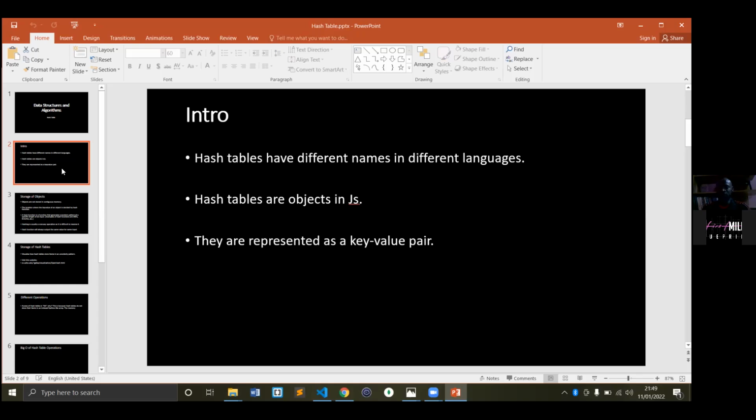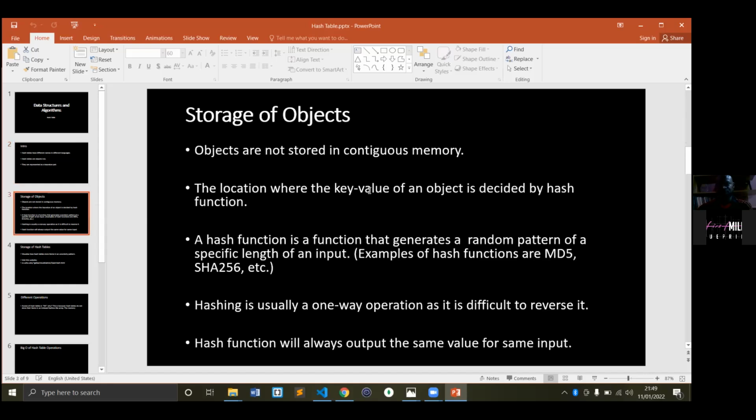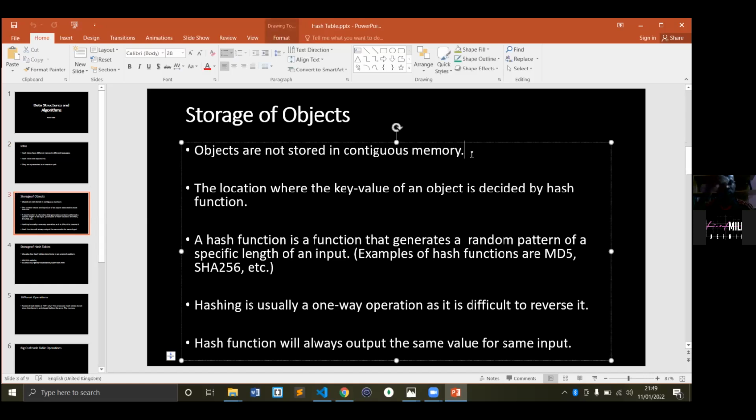So that is that for JavaScript. Both objects and maps, irrespective of the fact that different languages have their own: in Python, you call it dictionary, and in Java, you have your hash maps and the rest of them.